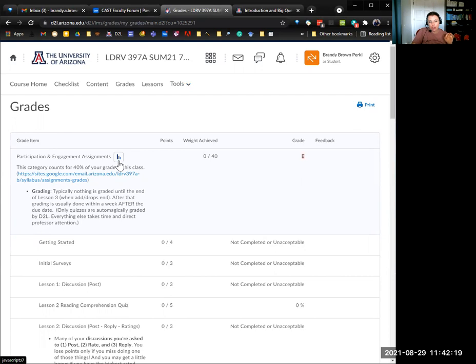And again, it should have this little icon to look at a chart so you can see how you're stacking up against other students in the class with your final grade as well. And I think it has a little calculator next to it too that shows you how it was calculated and added up. So if at any point you need to see that, at least the computer will do that for you. And then if you have issues with it, that's when you come to me and I'm happy to help. So I hope this helps you make sense of why I do things the way I do.